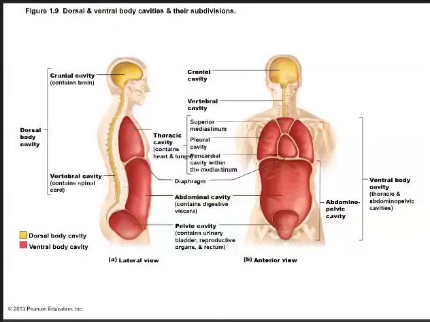Okay, you can see the dorsal cavities highlighted in yellow, and here's the cranial cavity and the vertebral cavity here, right? Your brain sits here. There's your brainstem, and then your spinal cord sits inside of here. And then you've got the ventral cavities, where you can see the thoracic cavity, which contains the heart and the